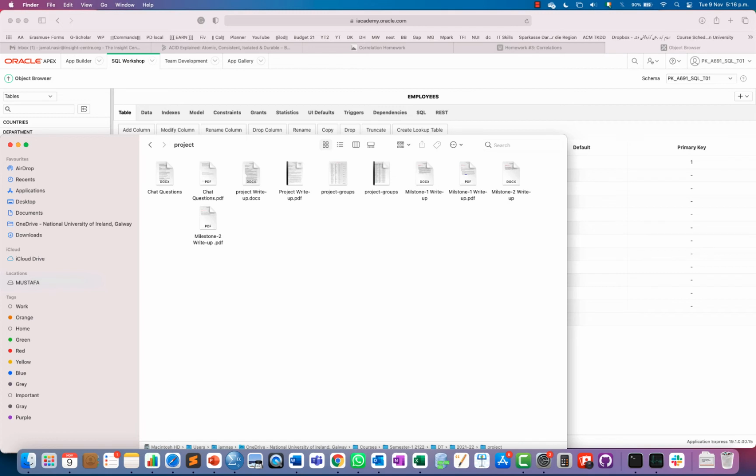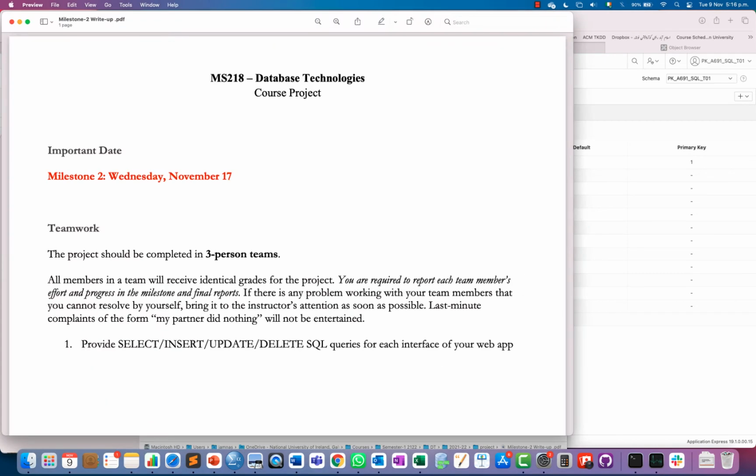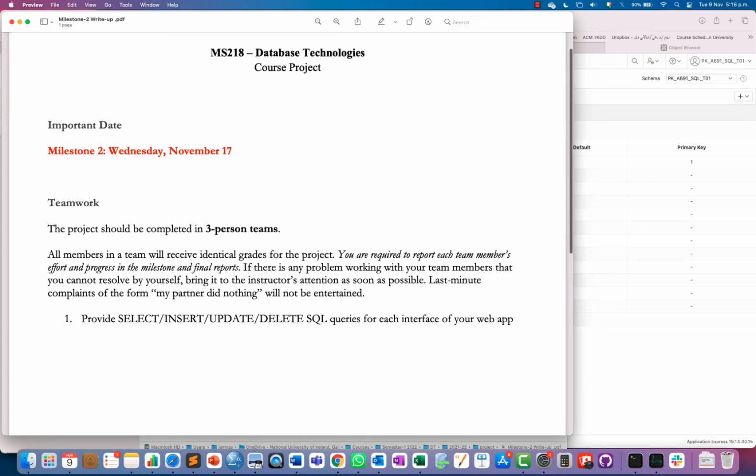Okay, so we can discuss milestone 2 because a few students have a few queries. So in the milestone 2 write-up, very short write-up, basically it's saying you have to provide select, insert, update or delete SQL queries for each interface of your web app. Okay, so what does it mean? For example,